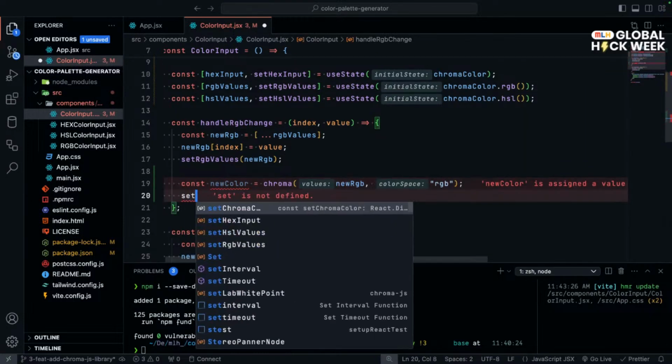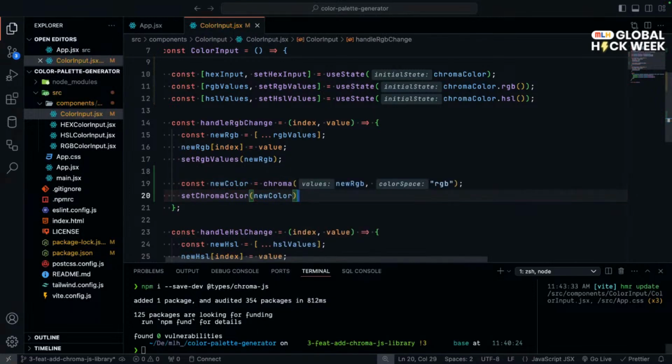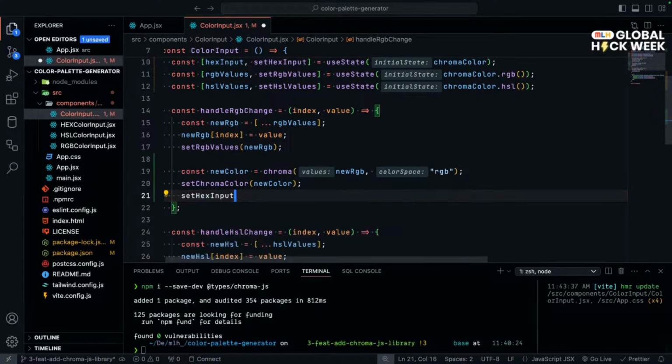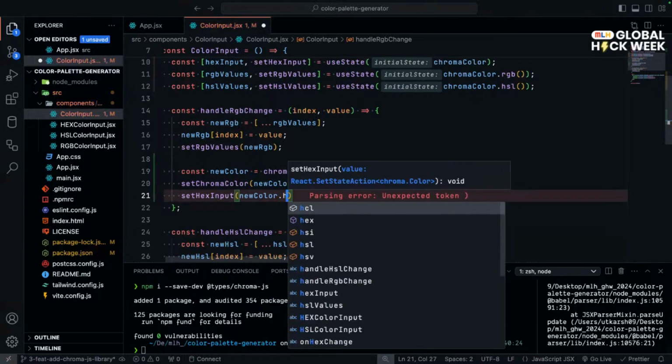Then we will say set chroma color to this new color, right? And then we will set the hex input. We will also update the hex input to be this new color dot hex,